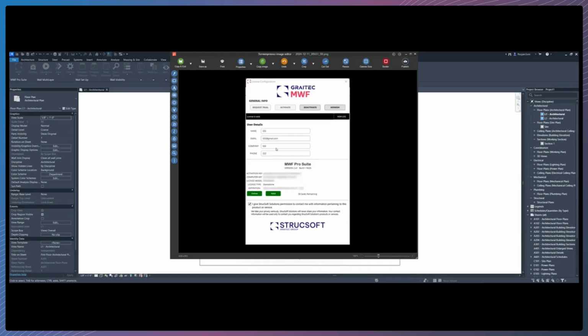Once you activate the license, again, you would see two different green tabs. One is online, one is valid. Now, it is very important in order for MWF to be able to work, you would have both these tabs green. Online basically means you're connected to the internet, and valid means your activation ID and the serial number combination worked, and now you have access to the entire software. So that's pretty much it. You have successfully activated MWF, and you can basically start framing now, and that's pretty much it. So please